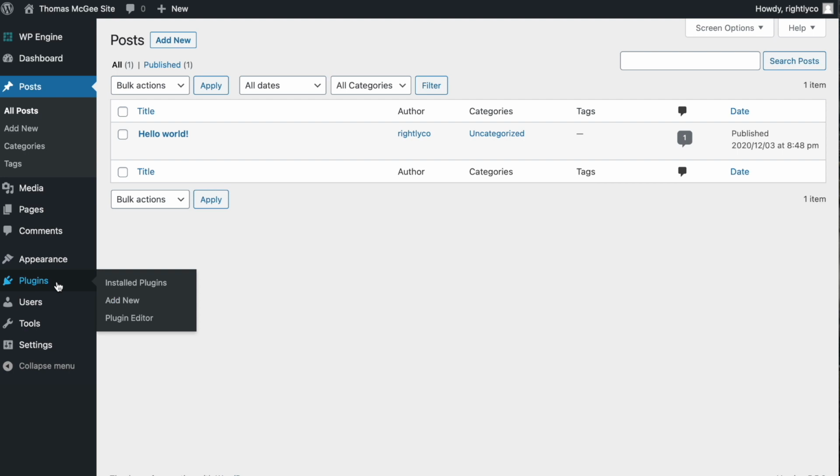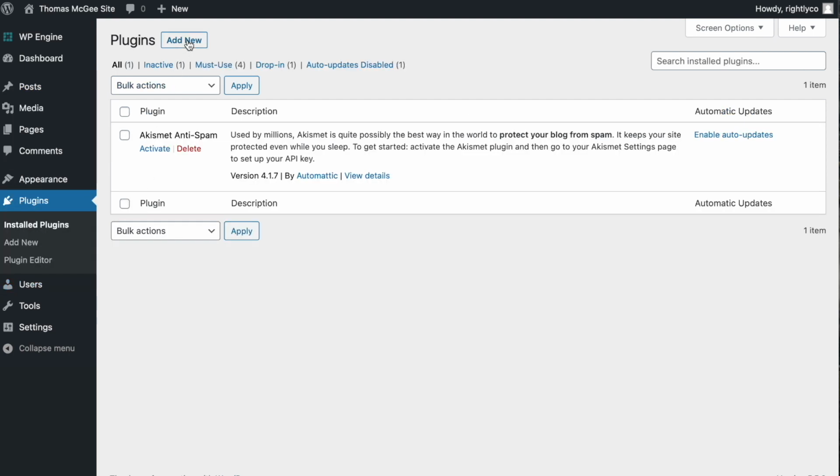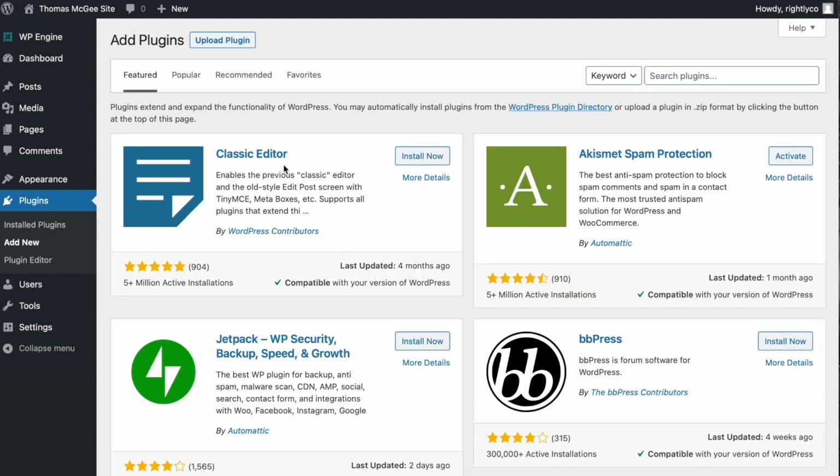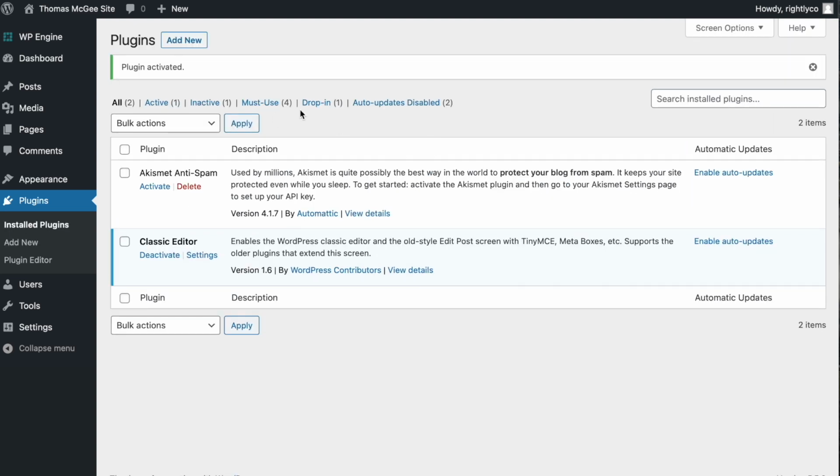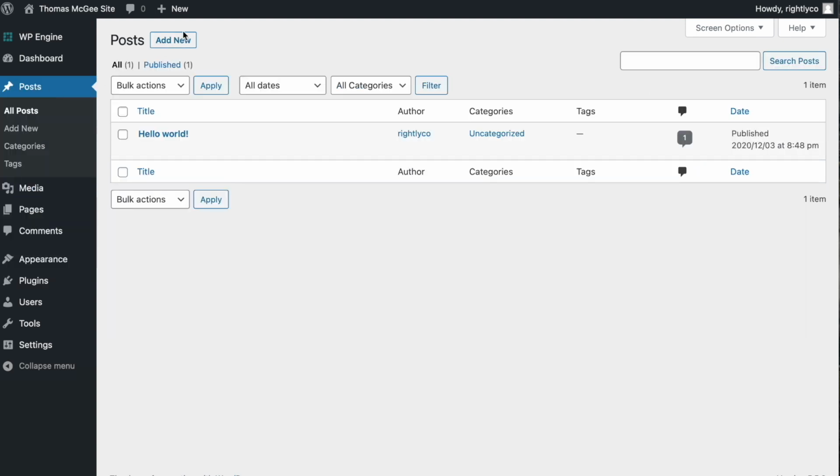What I'm going to recommend, and I will get to why in a second, is that you go to plugins and again, add new, and the first one that shows up is Classic Editor. If you don't see this, if for whatever reason it's not showing up in your install of WordPress, just search Classic Editor. Give it a second and it's going to show up first. So we're going to click on Install Now, and then click Activate. Now, if we go back over to Posts as we did previously, and then click on Add New,